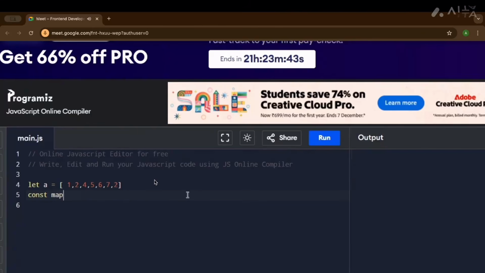Let's say we have a map, and initially it is empty, and now we traverse.